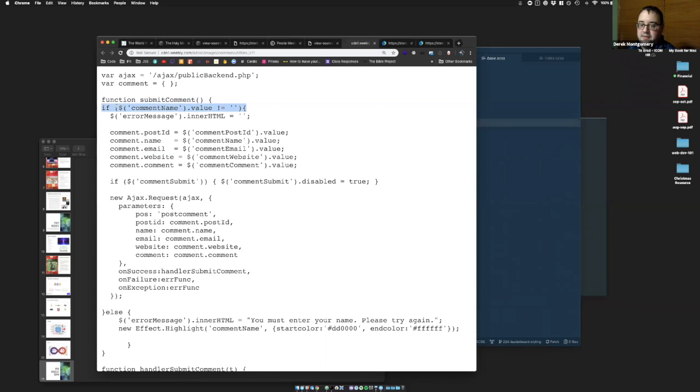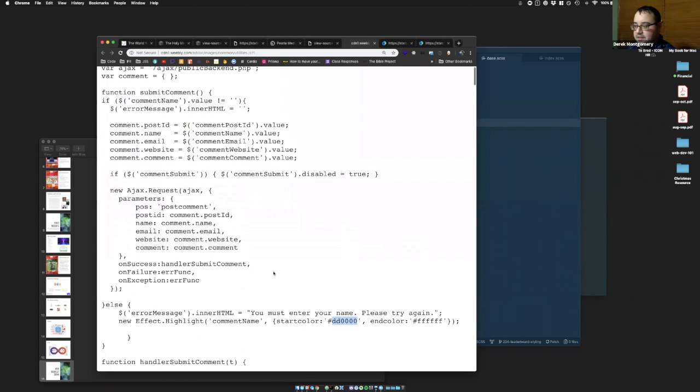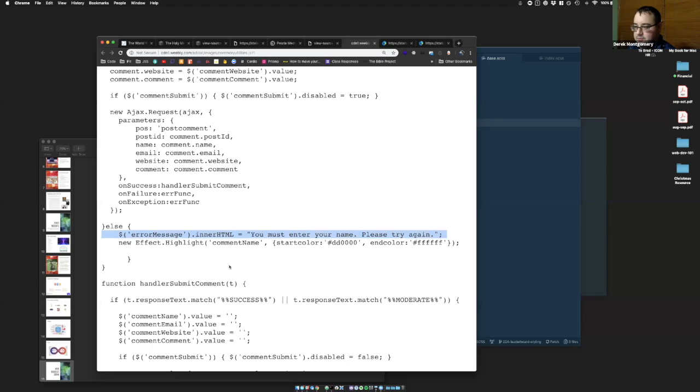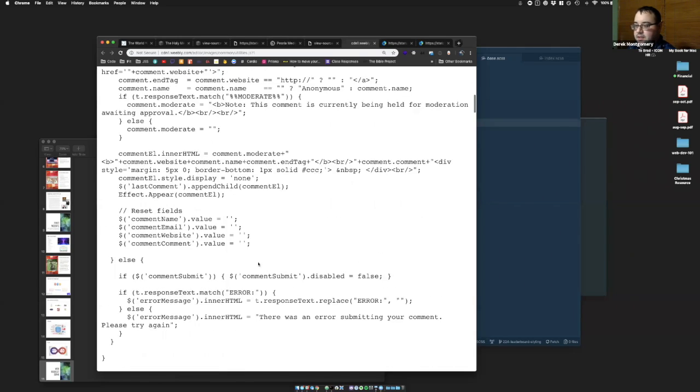And you see this if here, it's like determining a particular condition if it's true. Else means otherwise, like if this condition is not met, if that field is not blank, then display an error message. And here he says, you must enter your name, please try again. And then he turns something bright red and yells at them. This is called hex here. That's red. So if they don't put their name in, then he yells at them and tells them to do it right the next time. And then there's a bunch of other stuff.